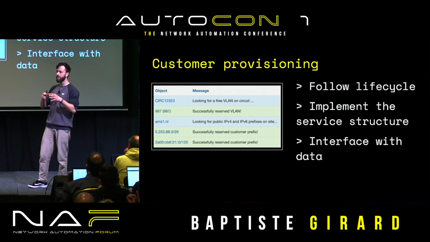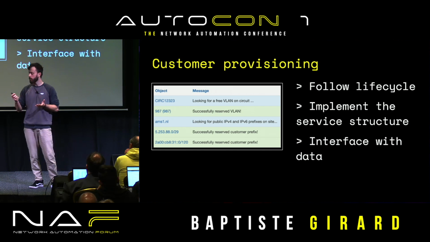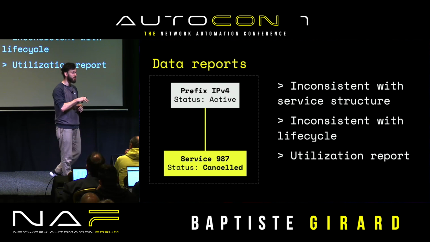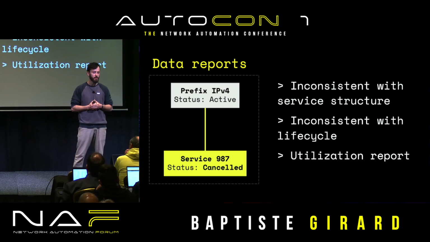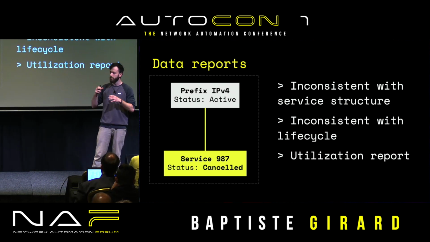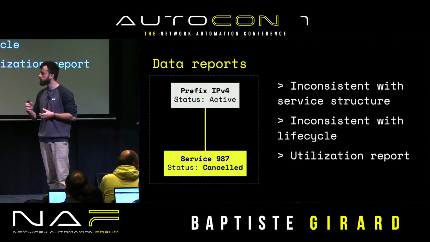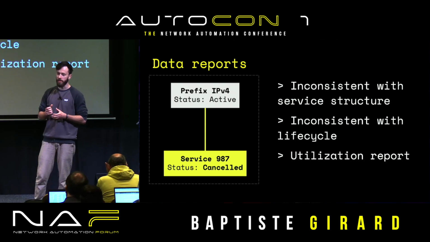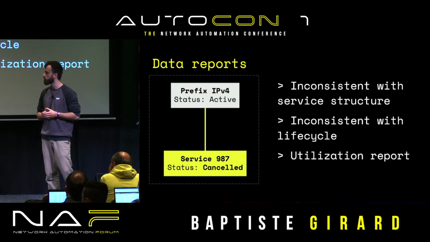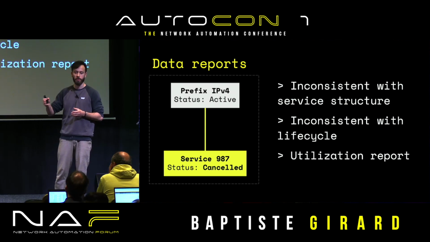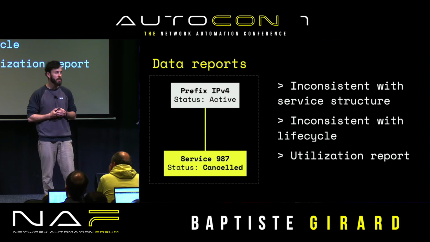We now fix the problem at the entry, so we can now assess what's already in the database. Now that we fixed the entry, we can see what's already in there. To do so, we developed a small reporting stack. There we leverage Nautobot job capability to query this data, compute it, and put together the indicators we wanted. And we plugged our Grafana instance on top of it. By running this job on a regular basis, we get points in time that we can plot in our Grafana instance.